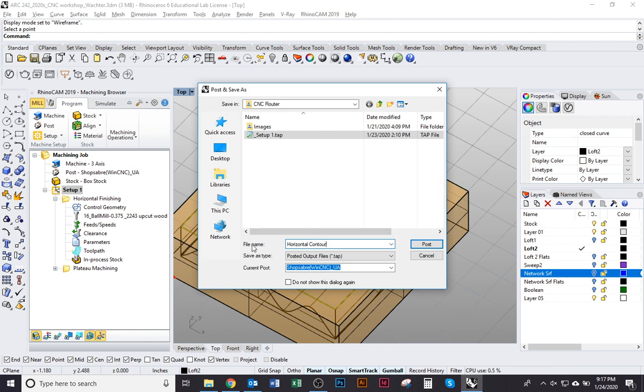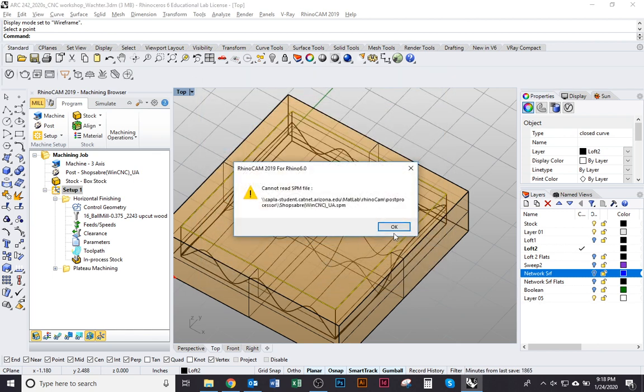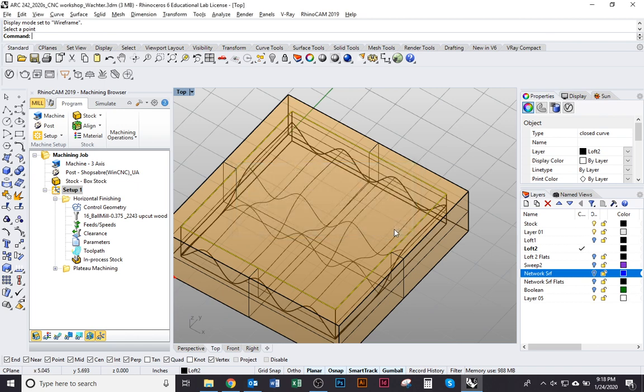I'm going to go ahead and rename that. And so this is actually the G code file. Cool. It's not loading our post